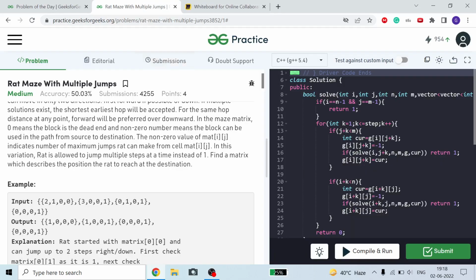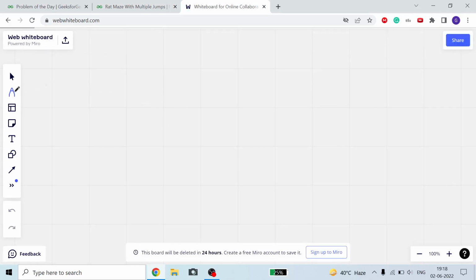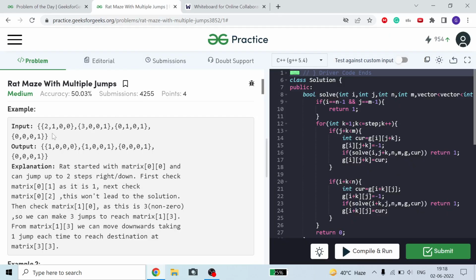Let's come here, I just wrote on the whiteboard. So this is just another version of the rat maze problem. This is similar to the very famous rat maze problem, a DP and backtracking problem. Okay guys, so here first of all we are given